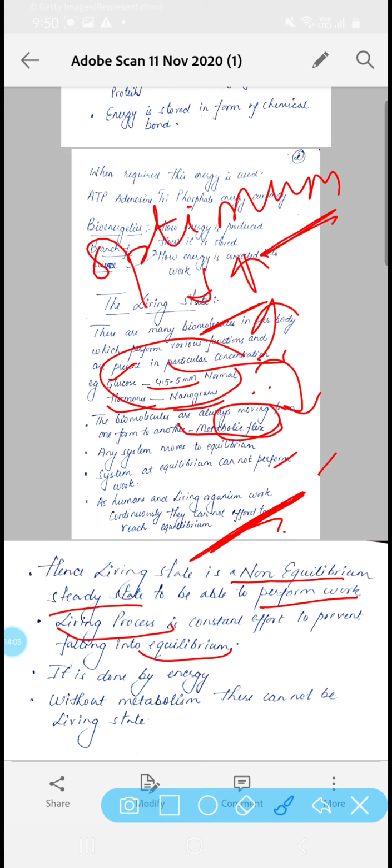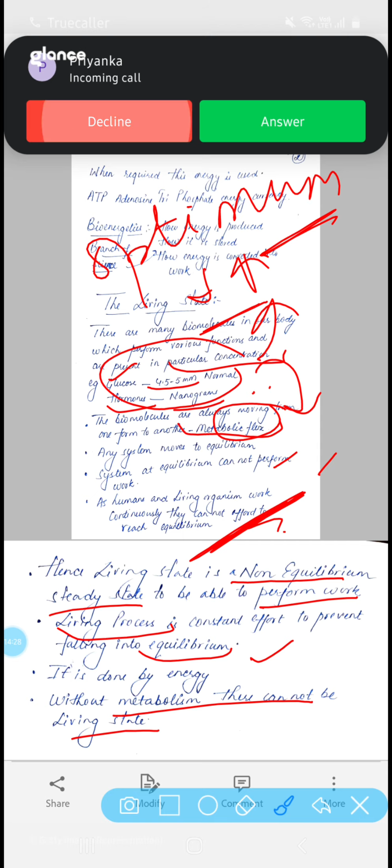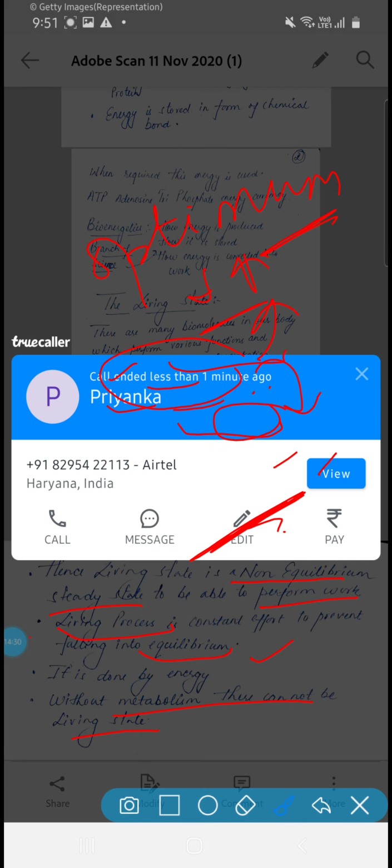Is that clear? And metabolism provides the mechanism for production of energy. Hence our living system, our living state, and metabolism are synonymous. Without metabolism there cannot be the living state. Okay, so that was all about today's